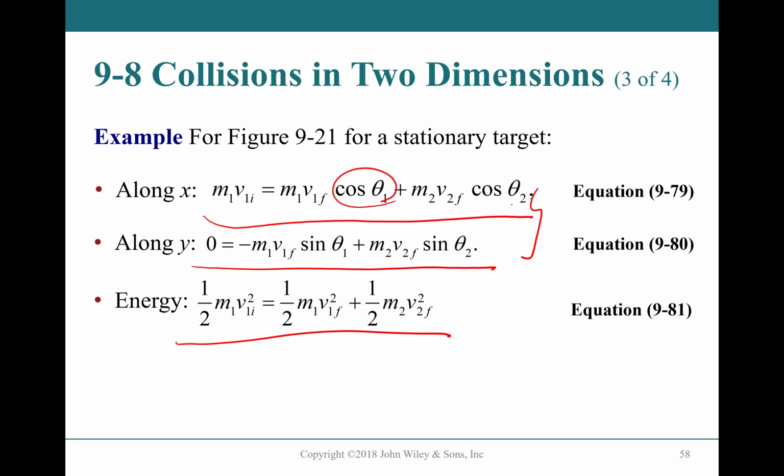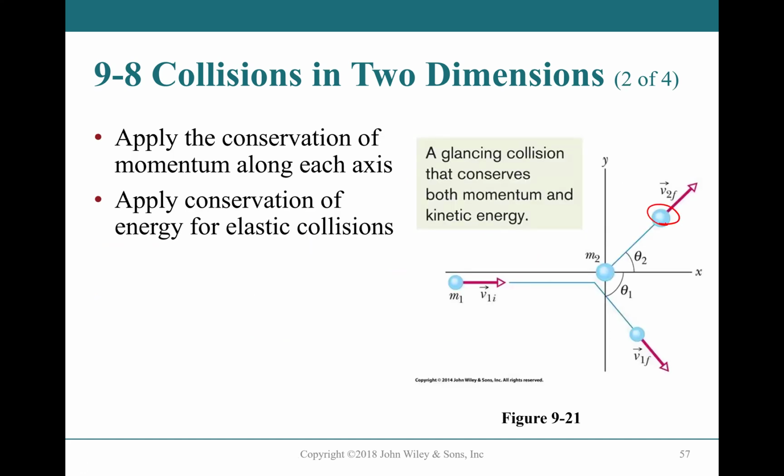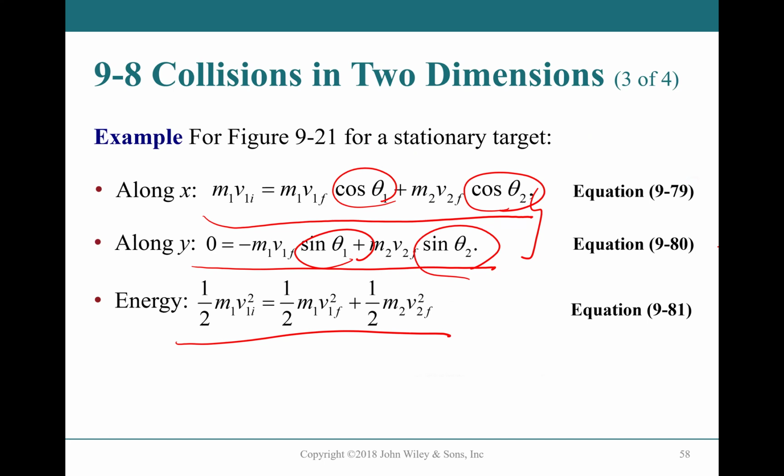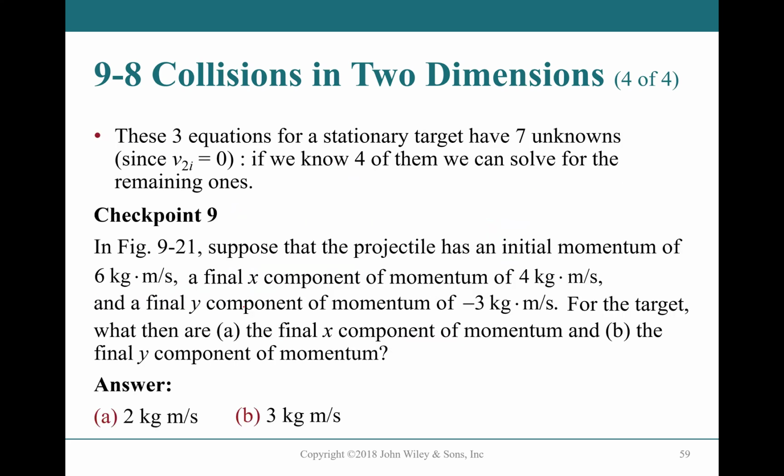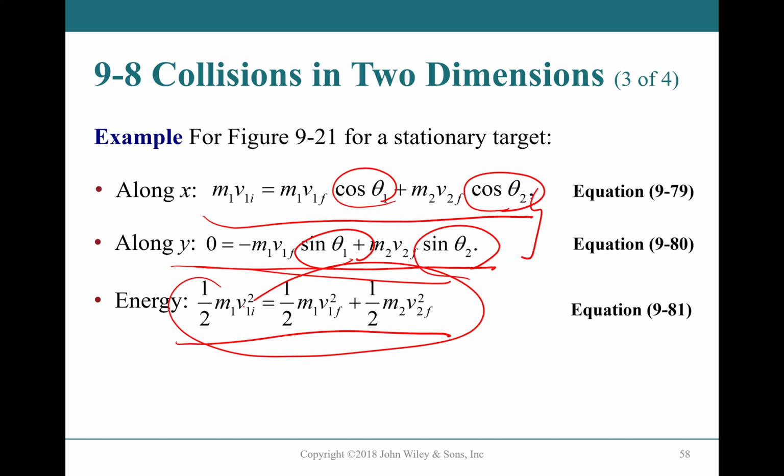Okay, so you see the cosine theta, sine theta here. After the collision, you have to find the x and y components of your V2. So V2 final x is here, where you are going to get the cosine, and for the final y, you are going to get sine. That's why you can see y is sine and x is cosine, and the conservation of the energy will not change. Problems like this can be very difficult to calculate because we have a lot of trig functions. So be very careful with collision in 2 dimensions.